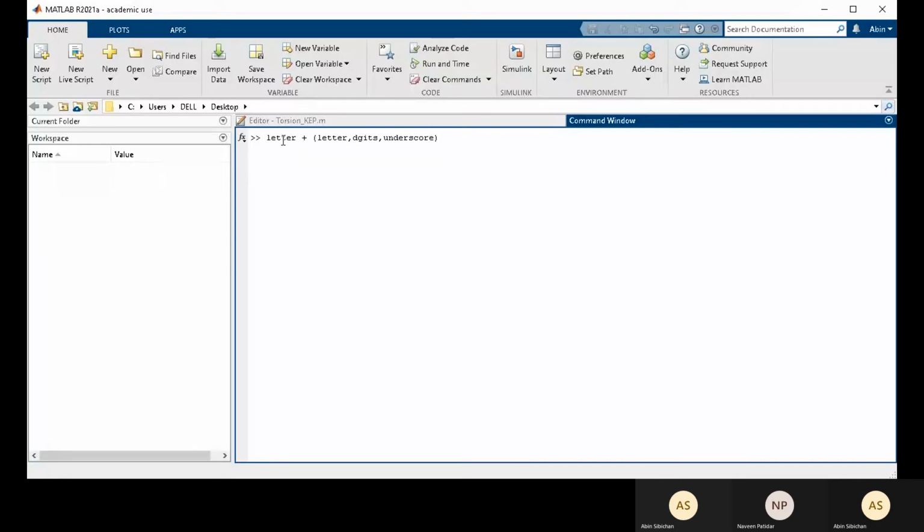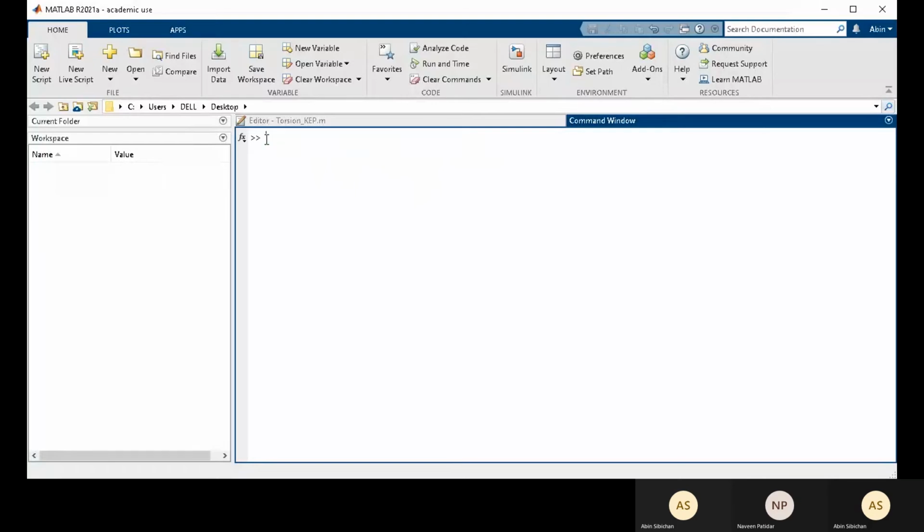I can't press enter here, since this is not a MATLAB command; I just wrote it down so that you can refer to it. Variable naming should follow this rule. It should start with a letter, and it can be followed by letters, digits, or underscores in any order. The only requirement is that it starts with a letter, and the only special character we can use is the underscore. If you try to use any other special character for naming a variable, MATLAB will send us an error message.